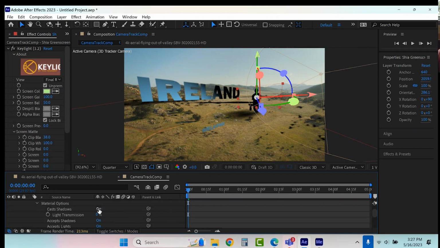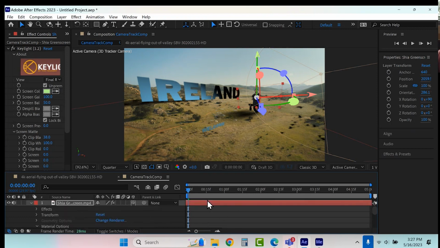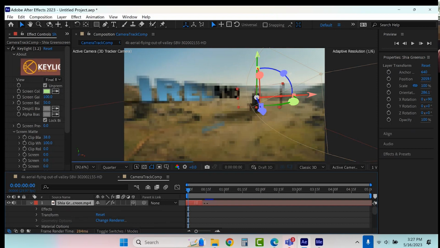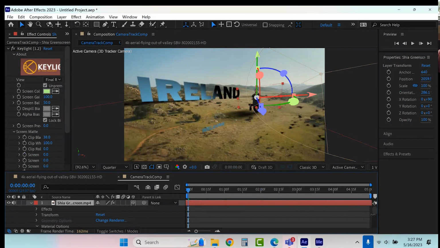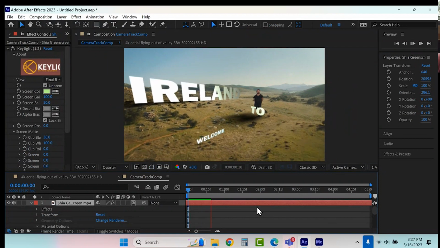Looks like I'm going to turn off shadows so we can see him. And I'll turn off lights.